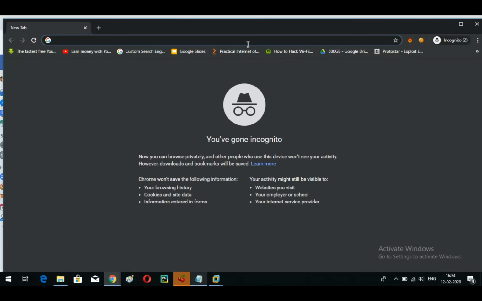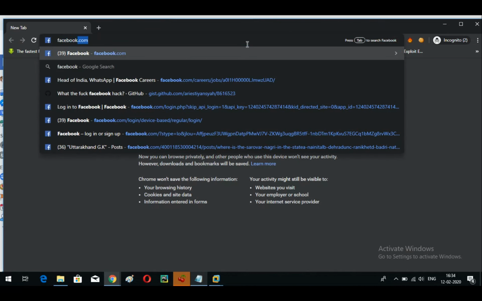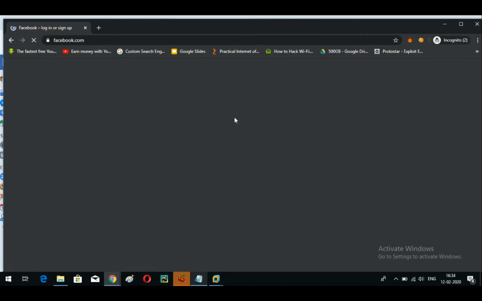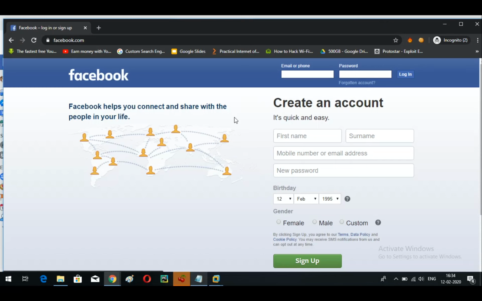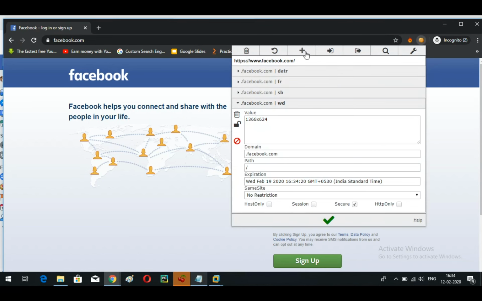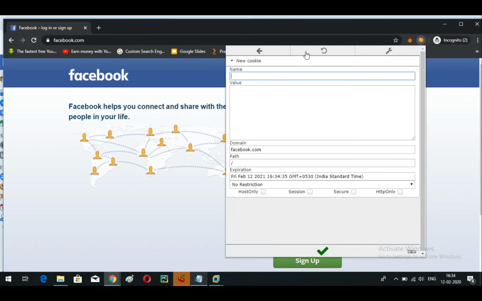So I just open an incognito page, facebook.com, and see. Take an attacker who doesn't know the credentials of the victim, but has stolen the cookies. What he actually does is go to the Edit This Cookie extension and just add a new cookie. He will enter the name, which is c_user, in the field name, and the value